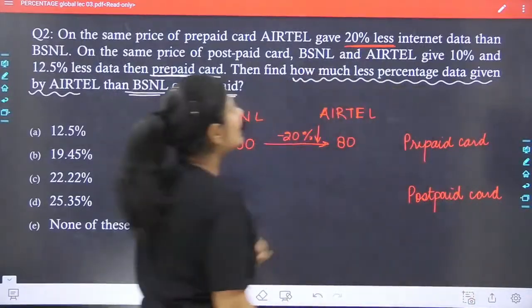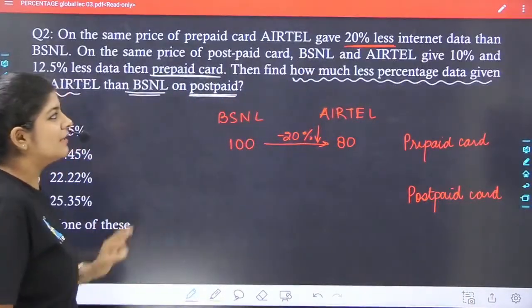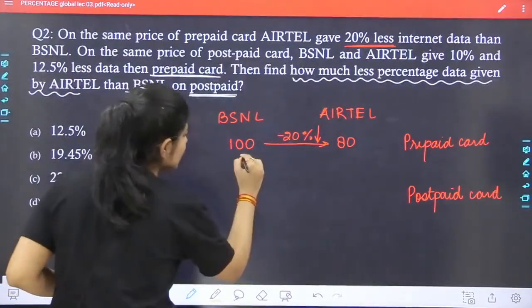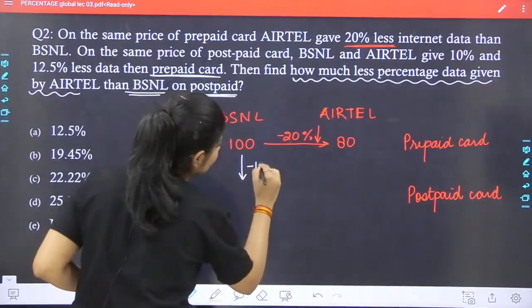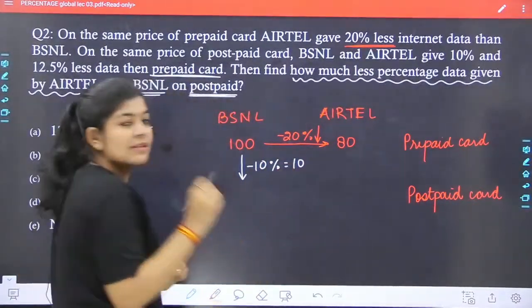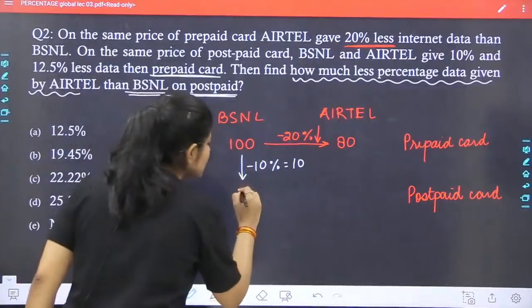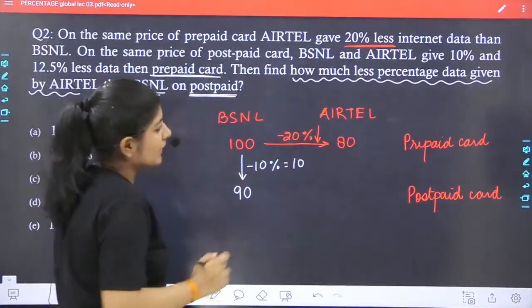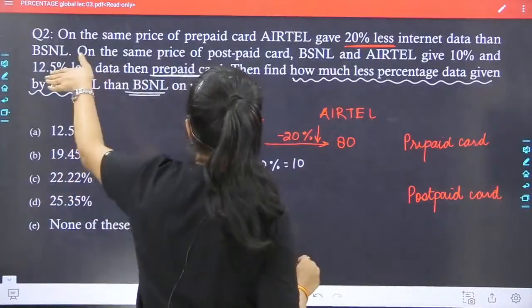It is given that BSNL and Airtel gave 10% less. 10% less means what is the value of 10% of 100? That is equal to 10. That means BSNL is giving 90 data on the postpaid card, whereas Airtel is